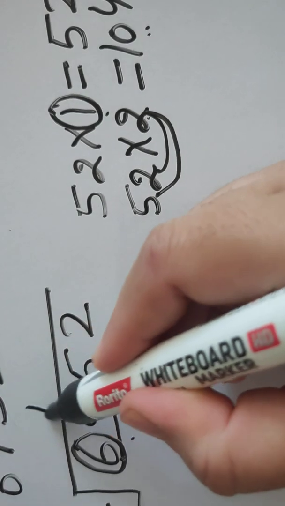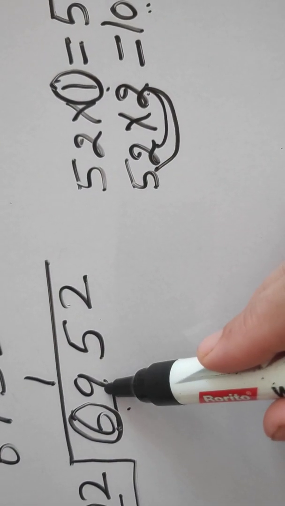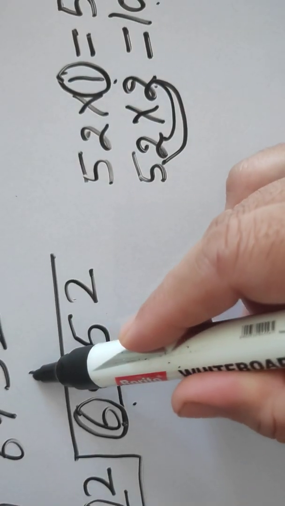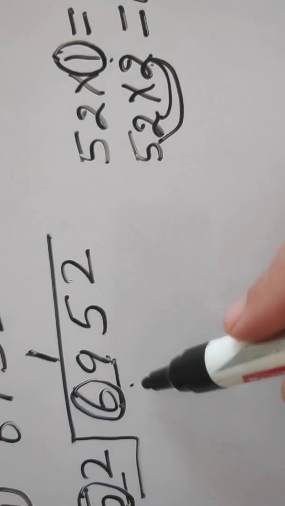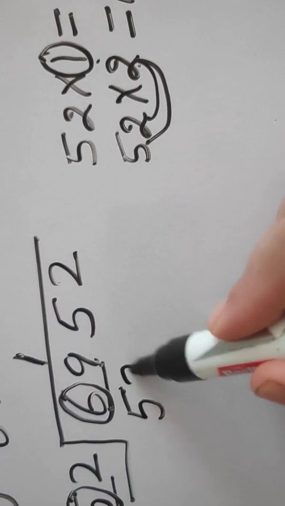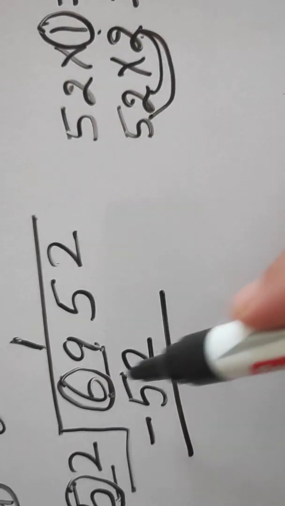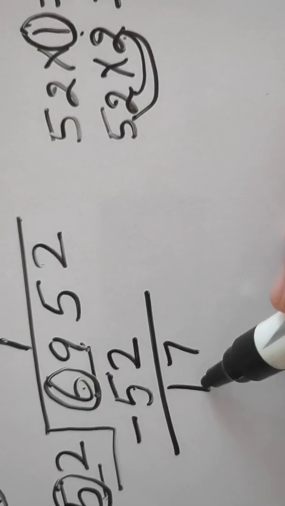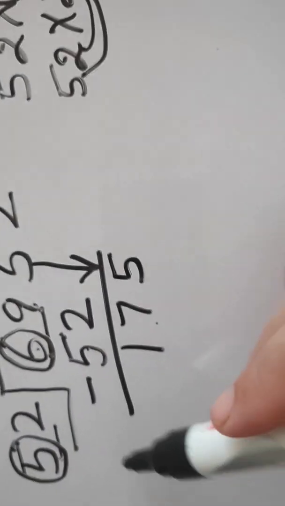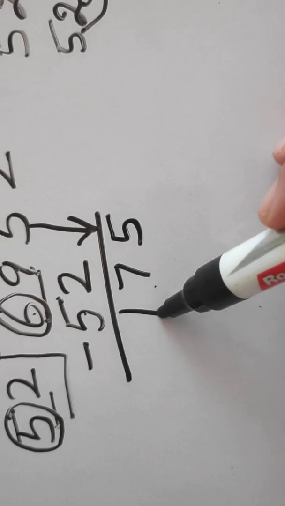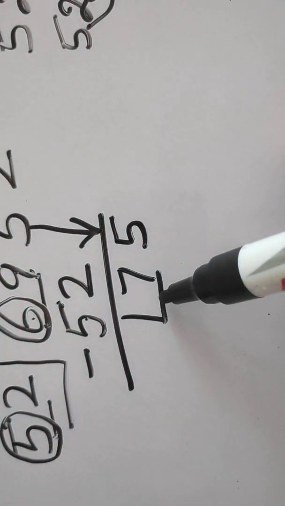So this 1 you will write on the next number because we have taken 2 digits together. So now our quotient will go at the 100 place. Now here we will write 52 and subtract it. 9 minus 2, 7; 6 minus 5, 1. The remainder is small. We will bring down the next number 5. Now again we will check. 1 is smaller than 5, so we will take 2 digits. Now we will check with 5.